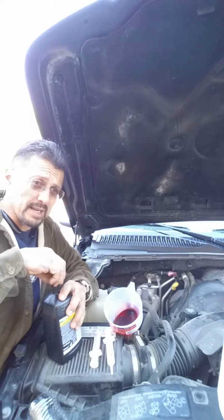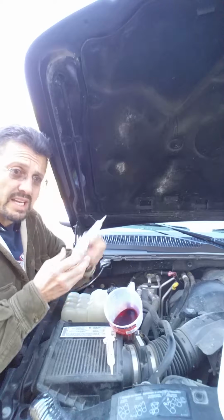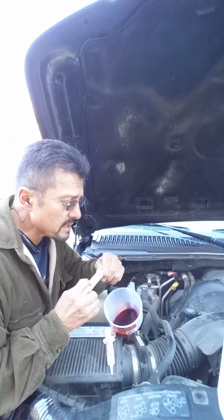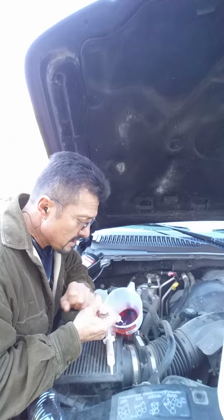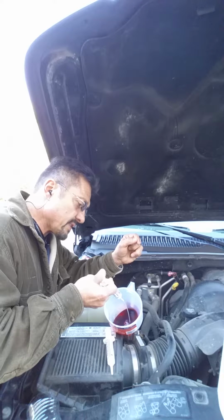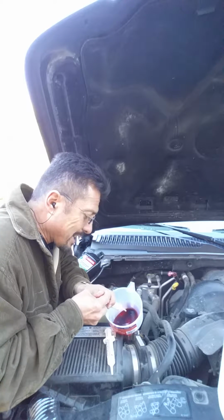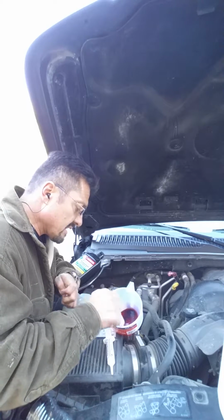I'm going to put that in there just like that, and we're going to get this CerTechGel syringe right here, and we're going to squirt this product into the ATF, and we're going to inject it in there, and there it goes. You can see it's kind of a clear looking stuff, and I'm putting the whole syringe in there. This is like gold, so I want to get every drop out of that I can,